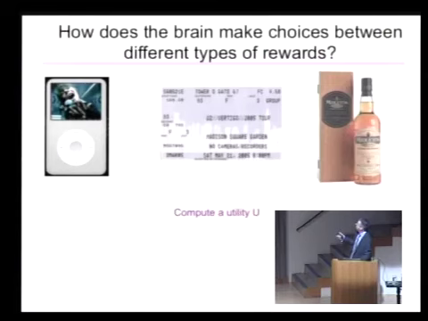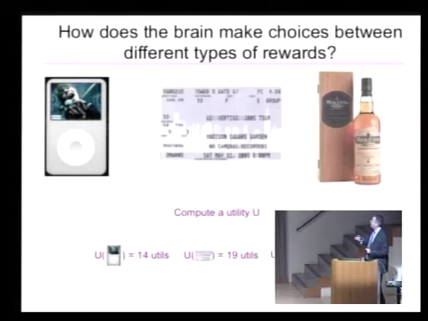So what you do is probably compute a utility, and you'd say, well, actually, the utility of this to me is 14 utils, these imaginary units of utility. And this Madison Square Garden ticket, maybe for sentimental reasons, is worth 19 utils here. But actually, this whiskey here is worth 2,000 utils. Now, that would be my immediate experienced utility for whiskey. But sadly, I appear to have developed an allergy to whiskey. So it comes and bites me back afterwards. So as a rational decision maker, I'd actually say my utility for this, and it pains me to say so, would be 0 utils. So I'll make a decision between these by ranking them.